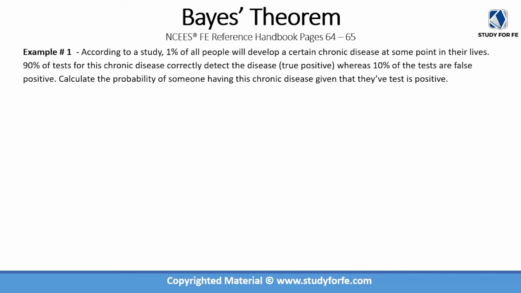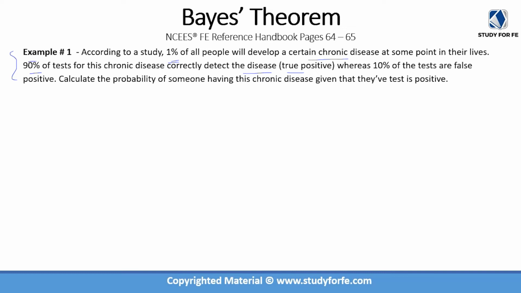So we have a study which tells us that 1% of all people will develop a certain chronic disease, and Bayes theorem finds application in testing and diagnostics. A lot of examples you'll come across will be of this type. So 1% of all people will develop this chronic disease, whatever it is, at some point in their lives. And 90% of the tests that are done for this chronic disease are accurate. They are true positives. So if the test tells you that you have a disease, then you have a disease,